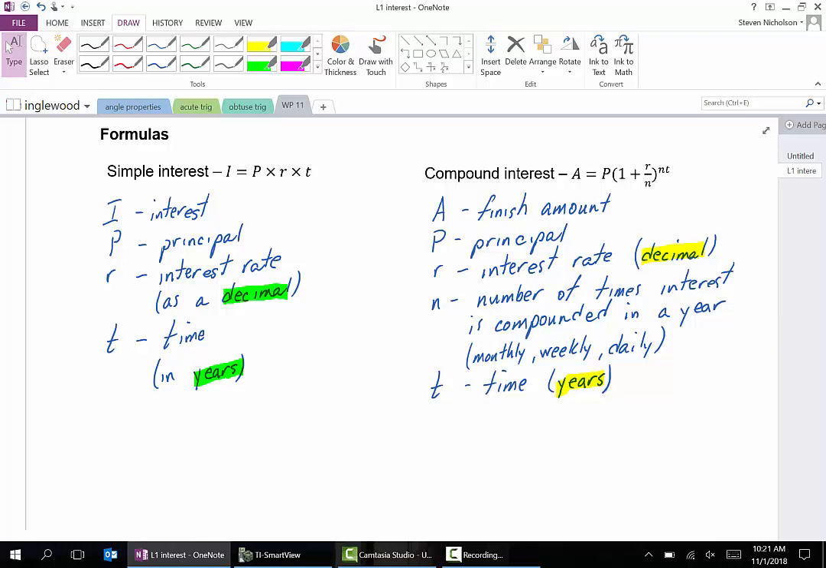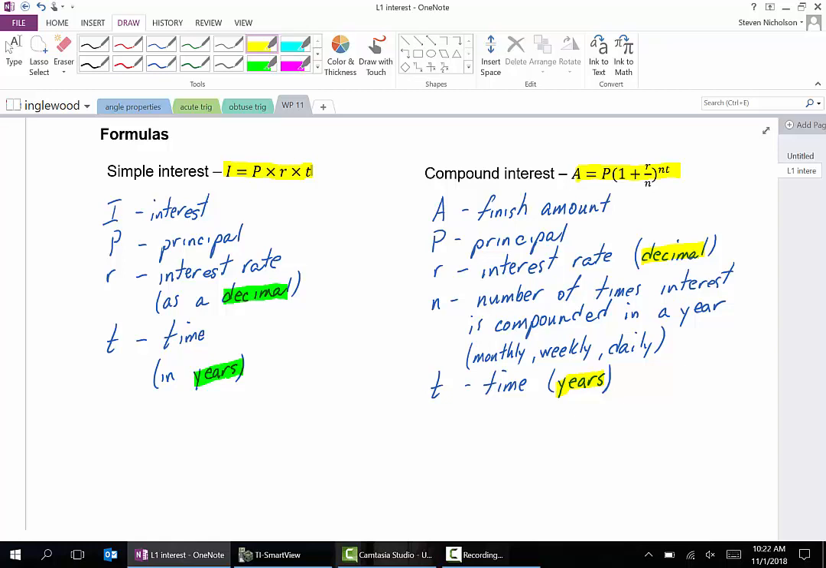Okay, so in our simple interest formula, the I represents interest in dollars. The P represents the principal, the money, in dollars. R is the interest rate, but it's the interest rate as a decimal. So when we do a calculation, I'll remind you how to change a percent to a decimal. And finally, T is time in years. So this is a really easy formula to use, and we're going to use our calculator, and it's going to be very straightforward. Compound interest looks a lot more tricky, but it's not really, because again, we're just going to